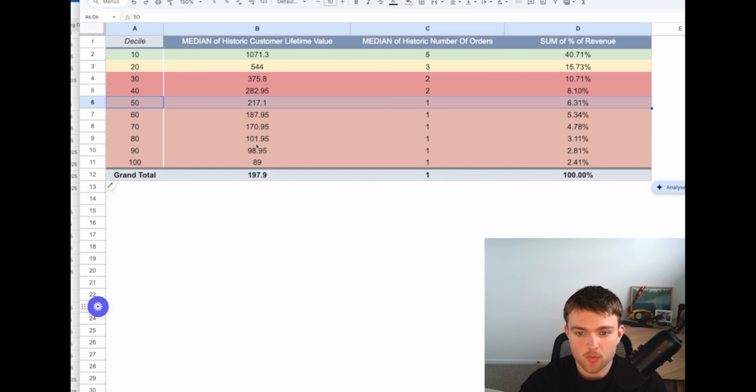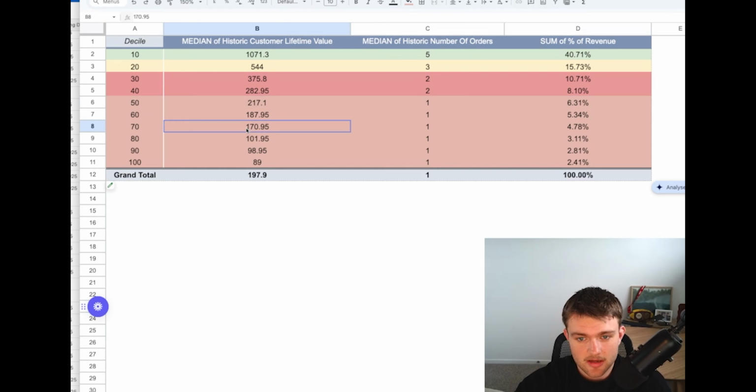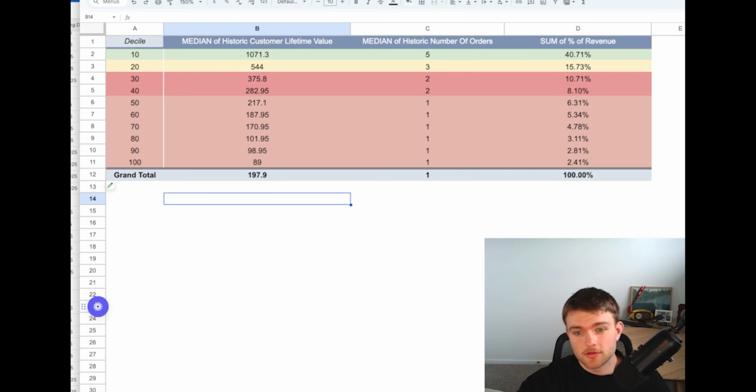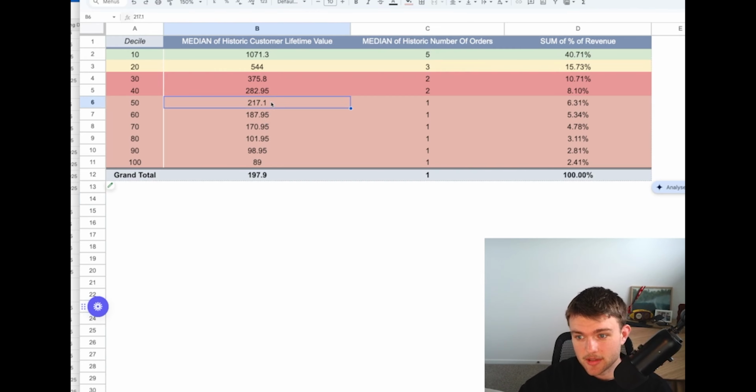So maybe it warrants dropping the free shipping threshold down to $175. If we drop it to $175, will we get these people across the line? If we drop it to $190, will we get these people and these people across the line? Who knows? We need to experiment with that and see how the data plays out. You could also look at a free express shipping threshold or something like that. But the first thing I would be looking at is, what if we made the free shipping threshold $190,